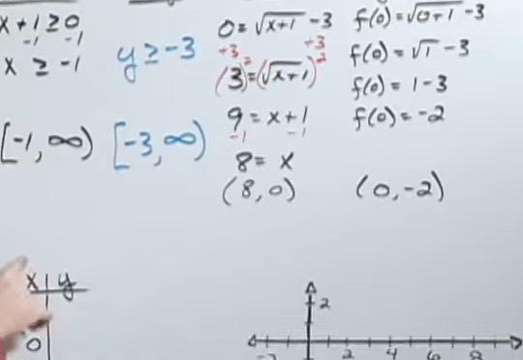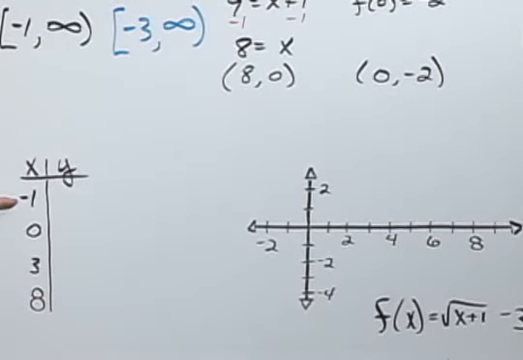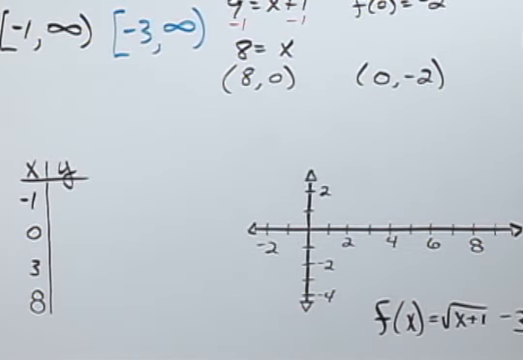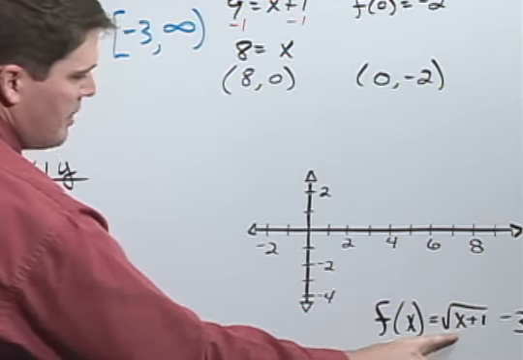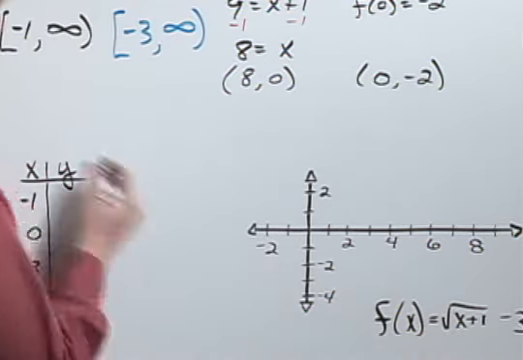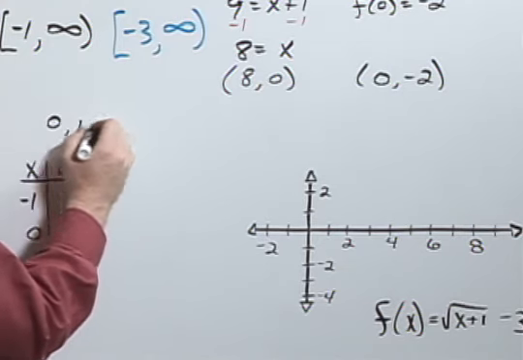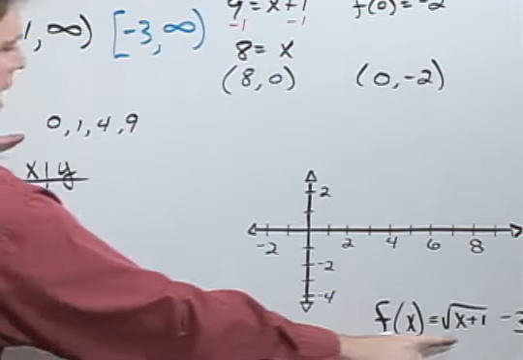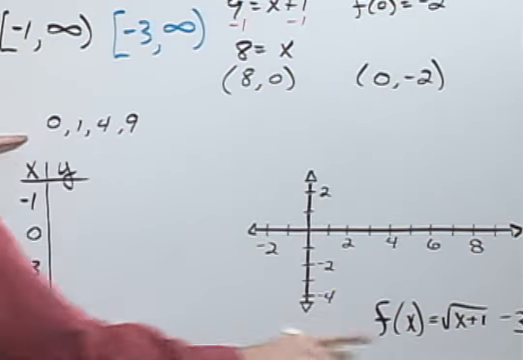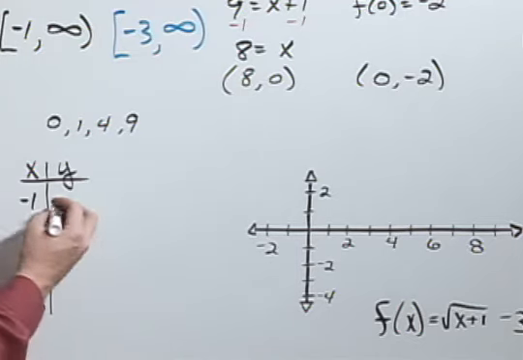When I go to graph this, I want to create a table which I used negative 1, 0, 3, and 8 because I was thinking about which values would be perfect squares. Thinking about 0, 1, 4, and 9, the values that would make my radicand 0, 1, 4, and 9 would be negative 1, 0, 3, and 8. That's why I chose those. Putting those values in,